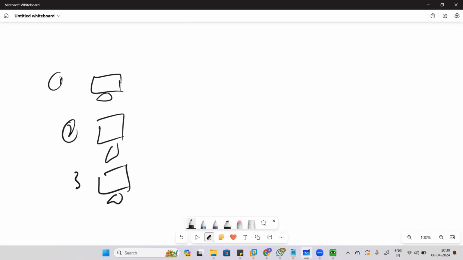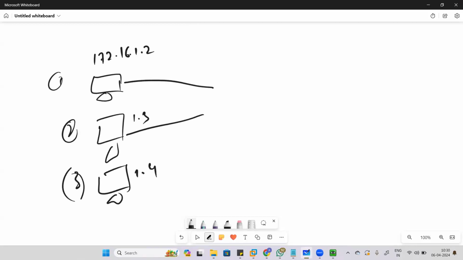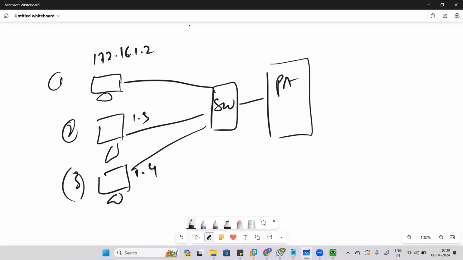Now, if this is my client machine 1, client machine 2, client machine 3, right? Machine 1, 2, and 3. And this has an IP address of 172.16.1.2. This is 1.3. This is 1.4. Okay. And then all of these are connected to a switch, and that switch is connected to a PA firewall,